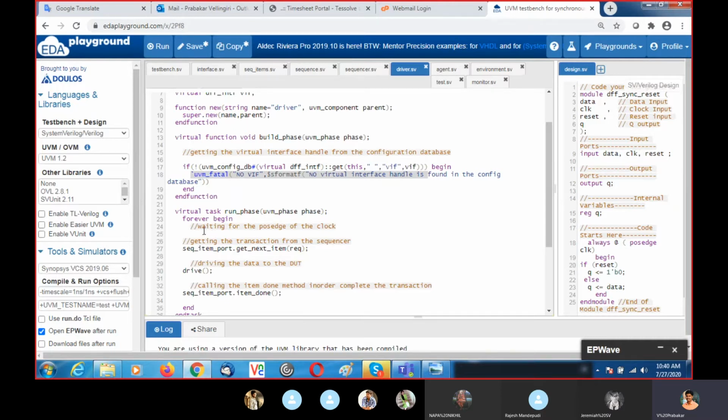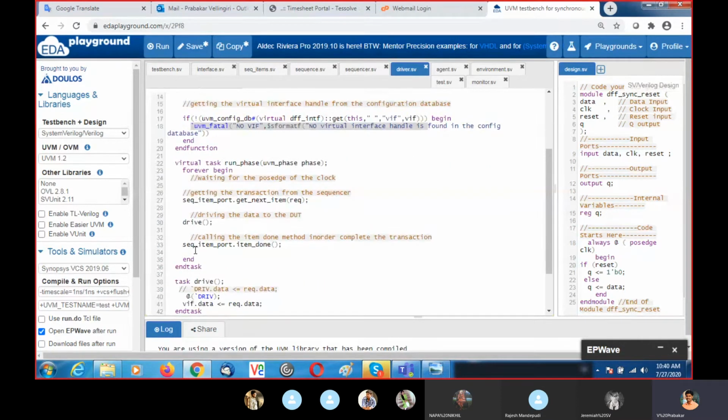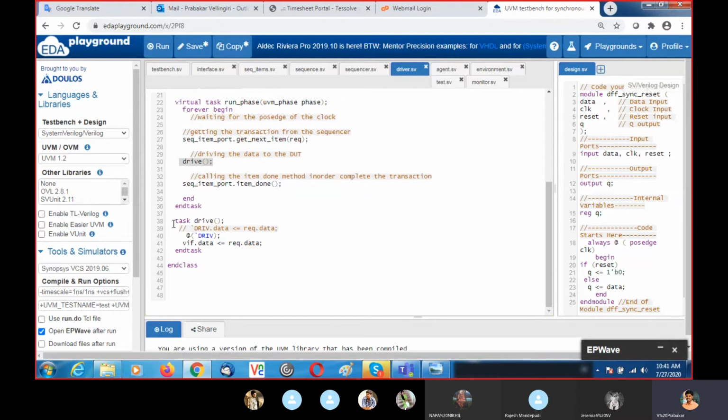Then in run phase, so this is the port which is available by default in driver, the sequence item port. This get next item is implemented in the sequencer. Here I call this item and get the request. Request is nothing but the default handle of the sequence item. Okay. So I am getting the sequence item and I write a driver task here.